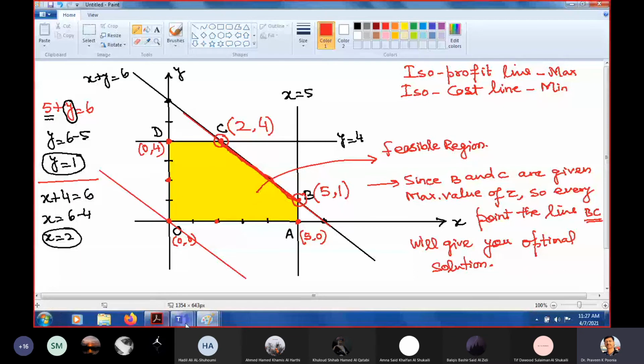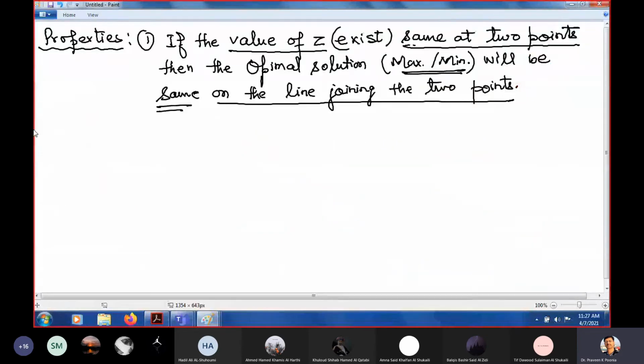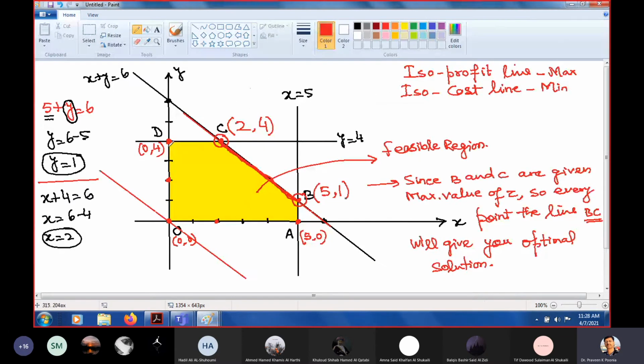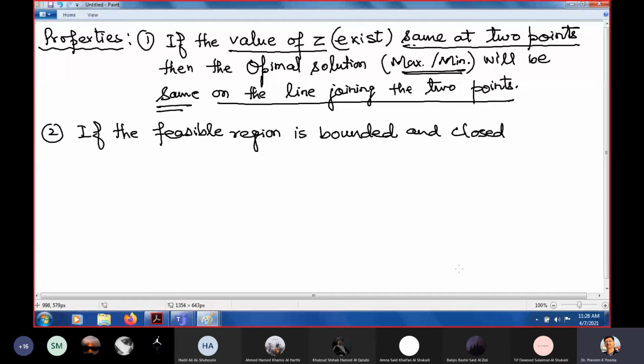Now we'll move to property number 2. What is property number 2? If the feasible region is bounded, and you can say closed, like this one. This is closed and bounded. You can see it is closed here, closed here, fully closed. So if the feasible region is bounded and closed, then